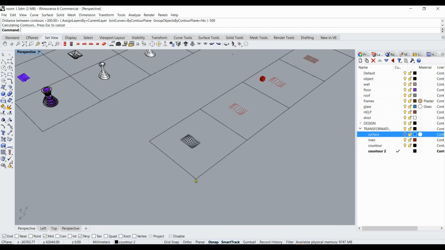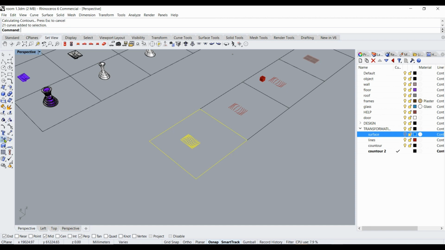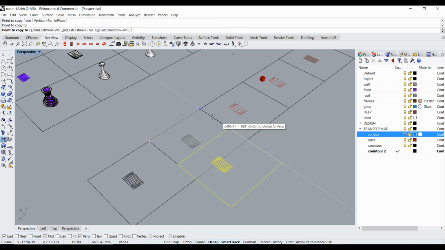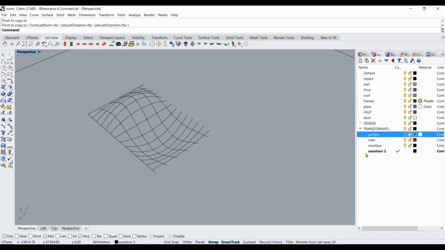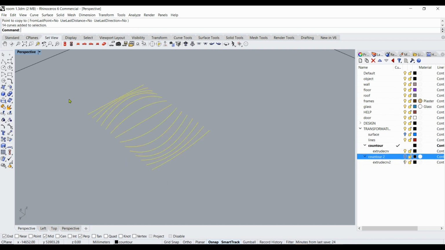So what we're going to do with the next step, I would like to copy this, and I put here another layer, I call it extrude curve, because it's curved. What we're going to do next, and for this one I'm going to make another as well. Extrude curve, second. So firstly I will do this one. I'll switch this one off, and I just select all the lines, and I go to the correct layer,